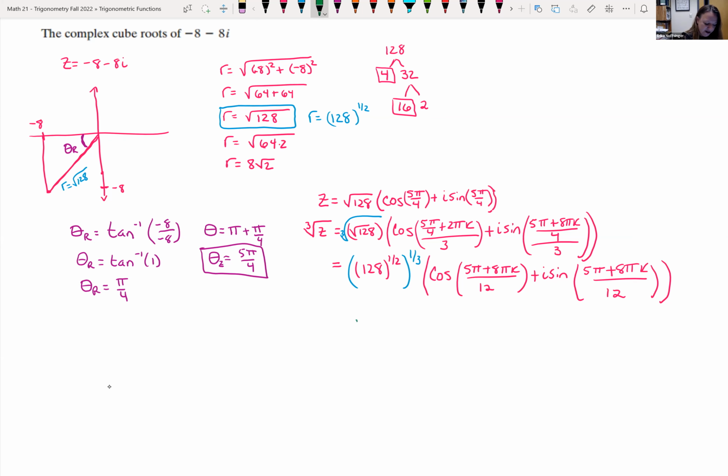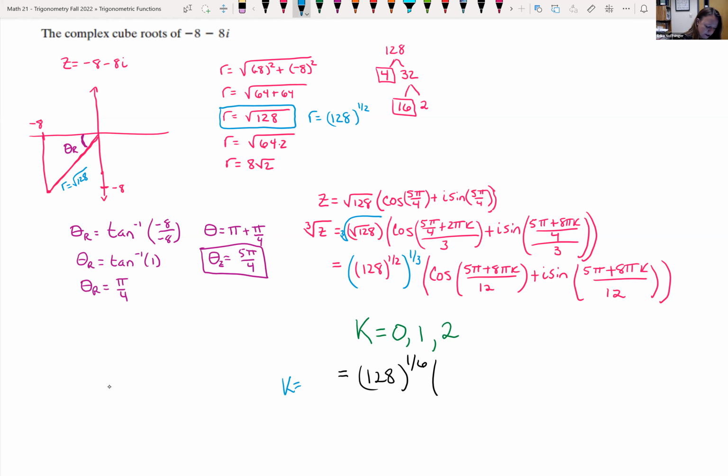And so I need to look at when k is equal to 0, 1, and 2. Recall power to power is multiplication. So I'm looking at 128 to the 1/6 power of cosine. So let's look at first